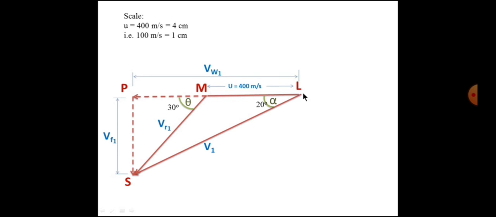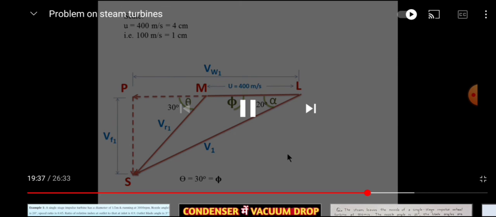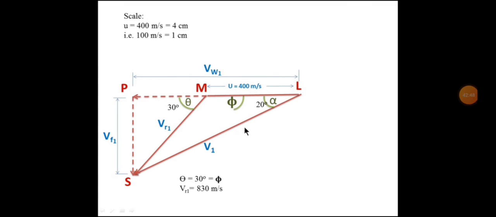Now similarly we need to draw the outlet velocity triangle considering this common blade velocity, segment ML. Now we are having segment ML, and in the question it is mentioned that blade angles at inlet and outlet are equal. So that's why theta equal to 30 degree will be the value of phi. So we need to draw an angle of 30 degree from point M, and this will give us a line for VR2, as we have seen that the line which is drawn at an angle of phi is the line of VR2. But what should be the length of VR2 now?